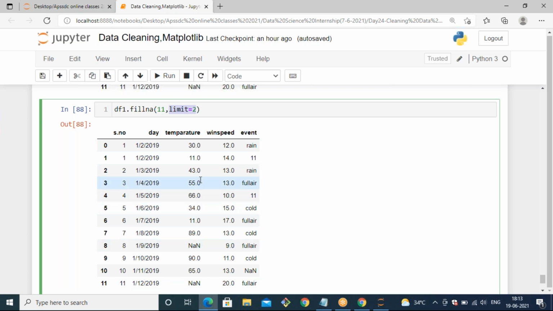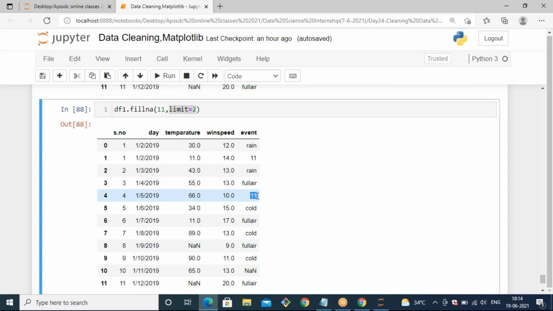So it will fill only 2 NaN values in each column, because we are passing limit as 2 with respect to each column. And in the event column also you can observe it will fill the NaN value in two positions only.